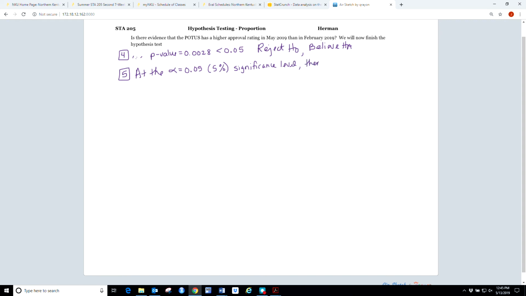Because we rejected, we are saying there is statistically significant evidence to support